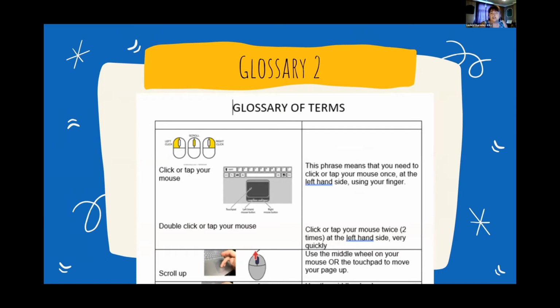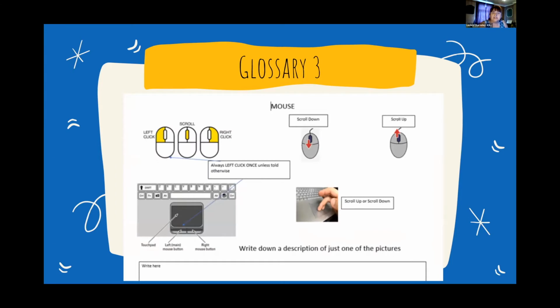So we've got some pictures, we've got some instructions, and we actually thought this would work. And it turns out it's still too text heavy. So the collaboration between the ESOL tutor and the ICT tutor, the time that they spent, they actually developed a glossary that I think if Susie goes on to the next slide, it actually kind of flipped the learning. So we kept with the pictures and then asked the learners to explain or make their own notes on what actually these pictures mean and what they do.